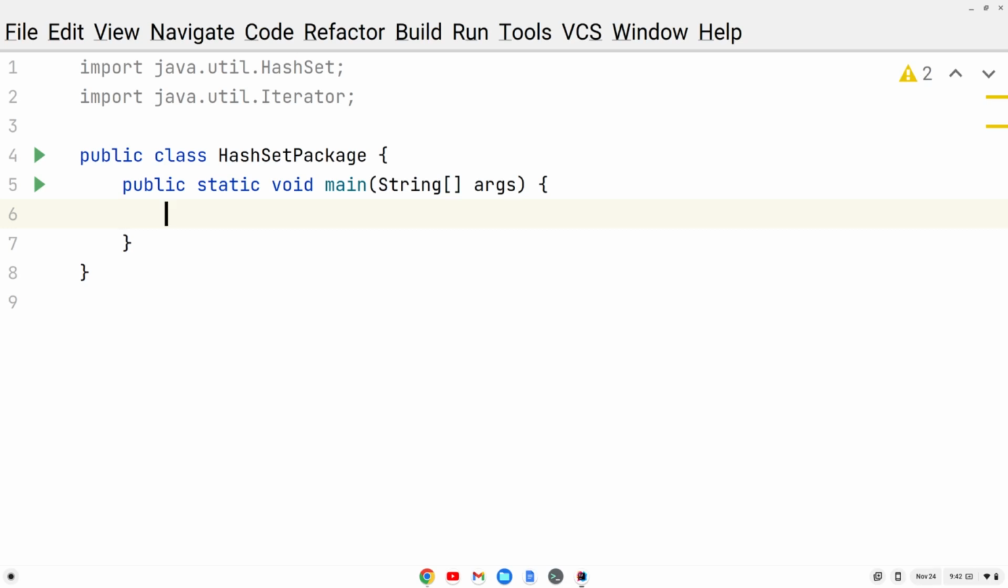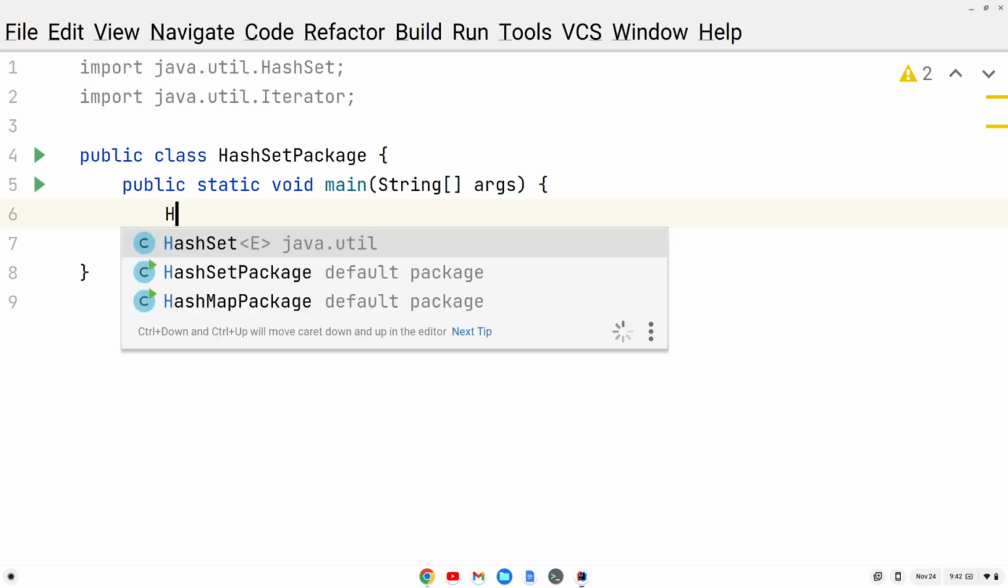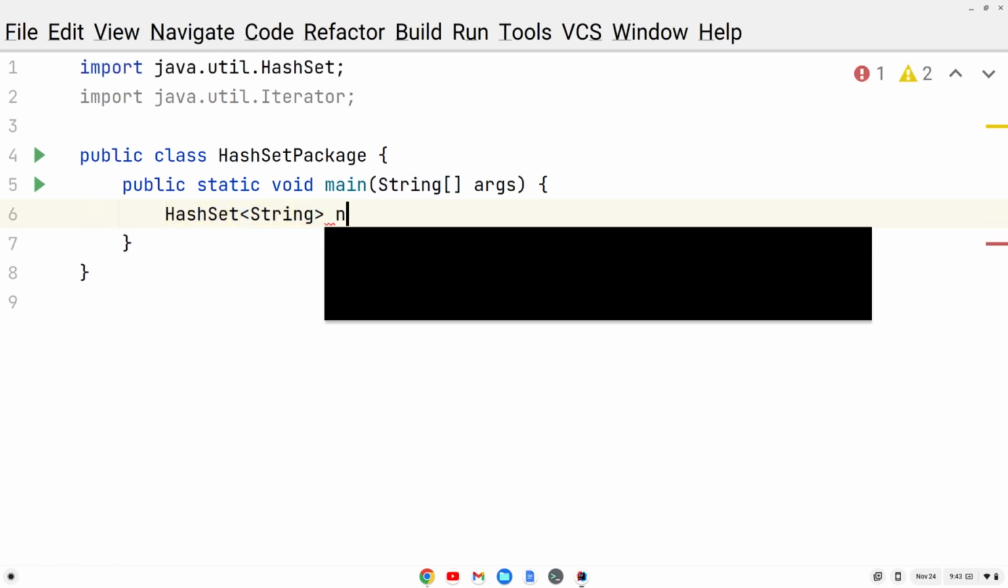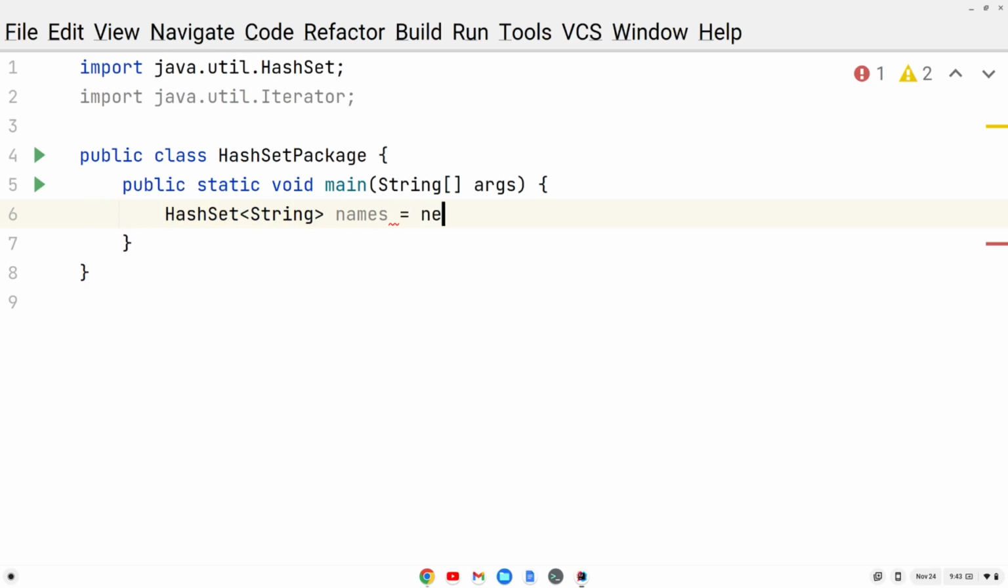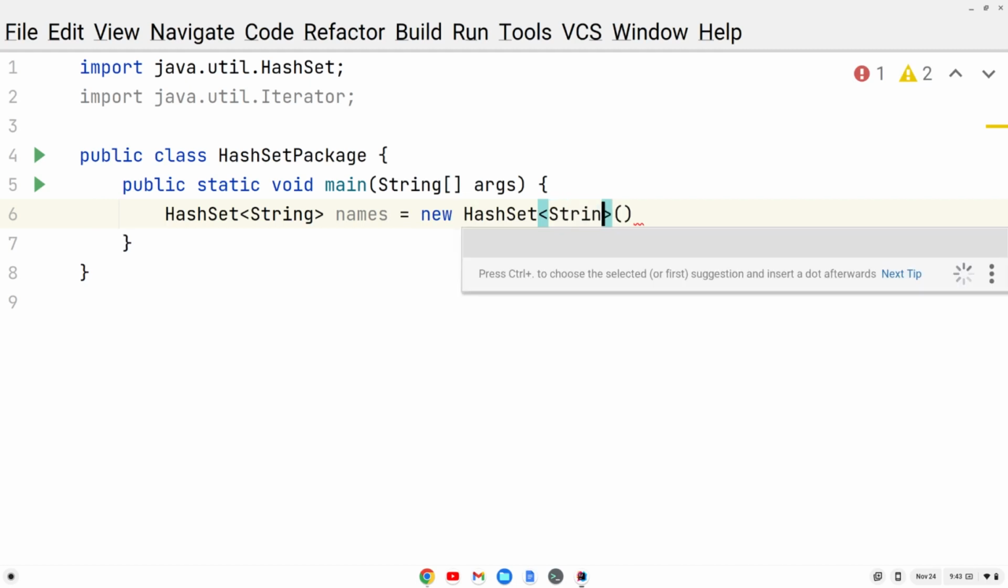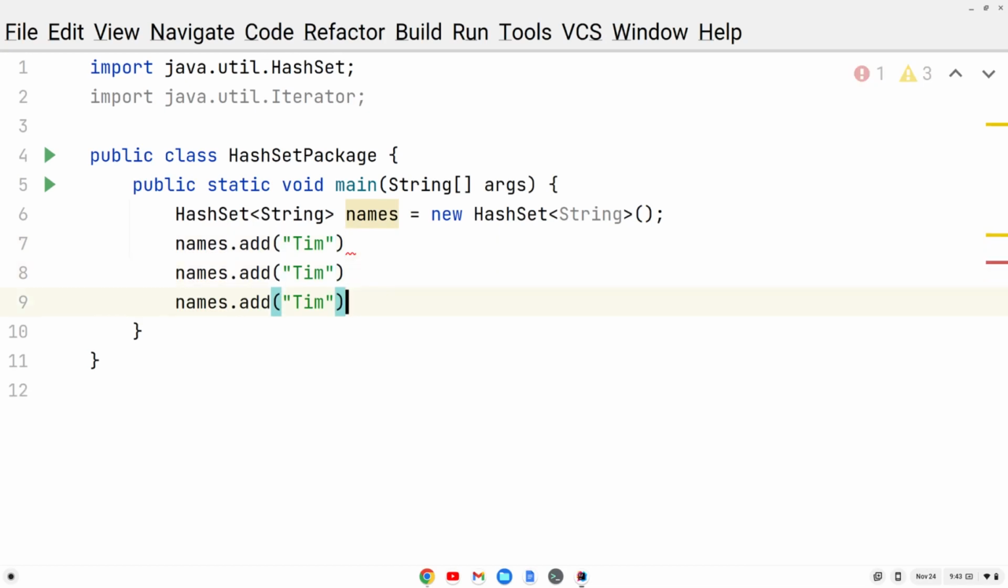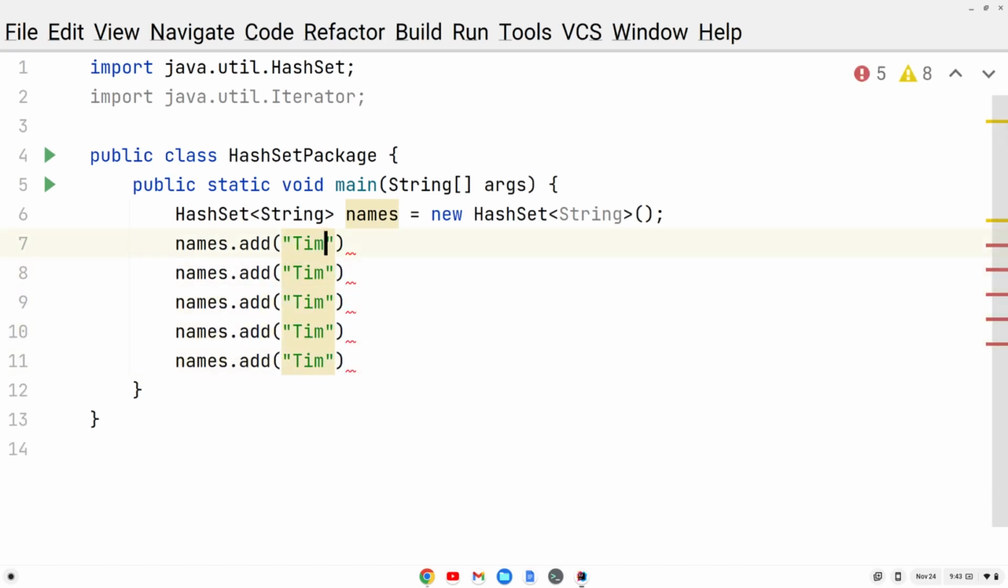So let's create some names here. And first off, let's create a hash set. Again, this is going to be type string. We'll do names, set it equal to a new hash set, again, of type string. Okay. And I'm going to add some names. So I'm going to do names.add Tim. And let's just duplicate this line a few times. Whoops, I forgot my semicolon. All right, and we'll do Sean,